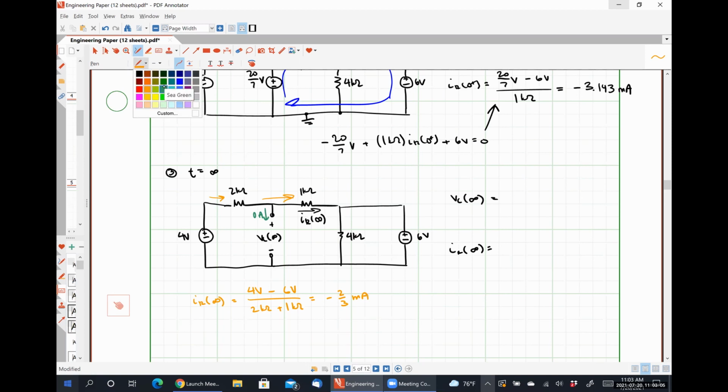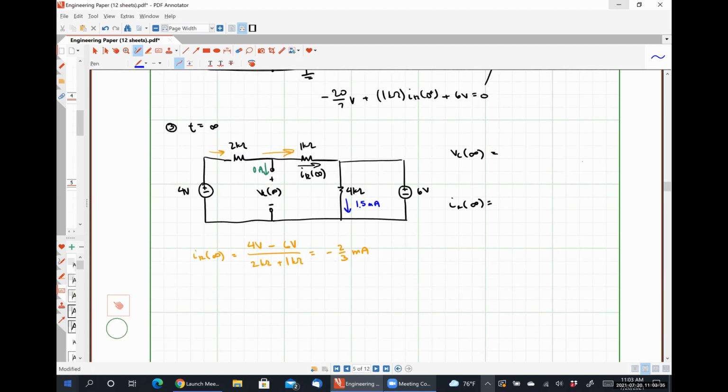I could, in turn, say that this current flowing through my 4 kilo ohm resistor is just going to be 6 volts divided by 4 kilo ohms, which is going to look like 1.5 milliamps. Does that make sense? Yeah. So